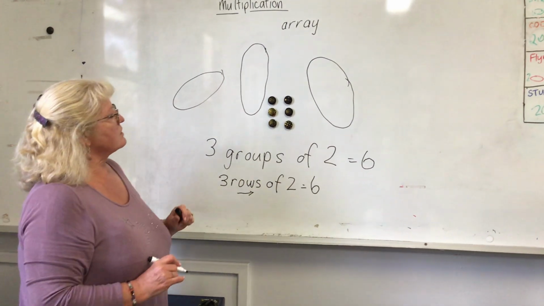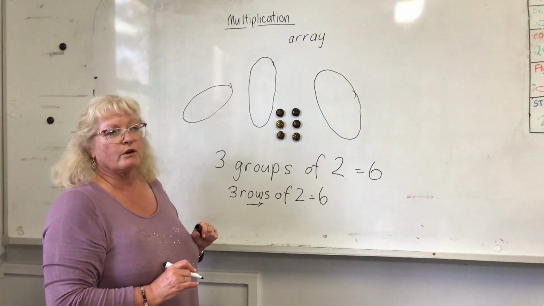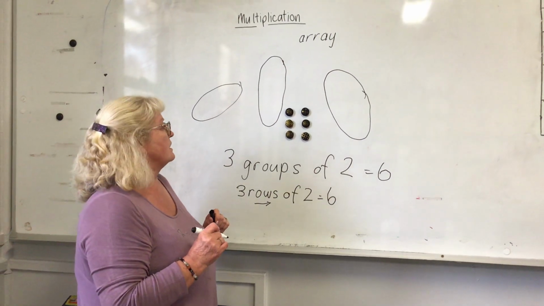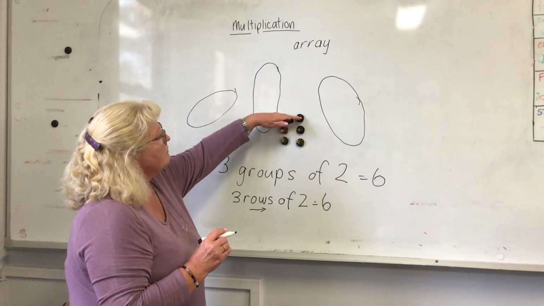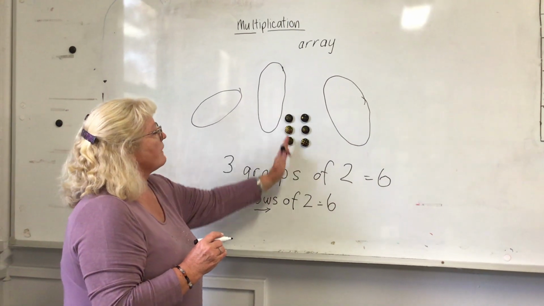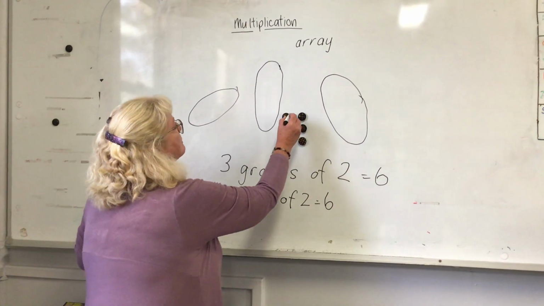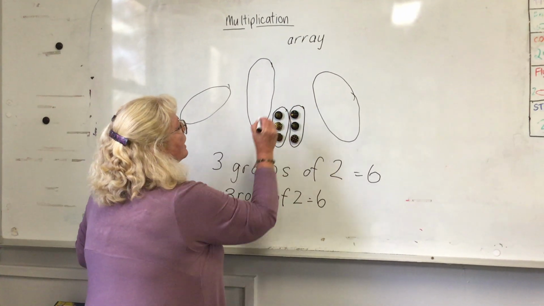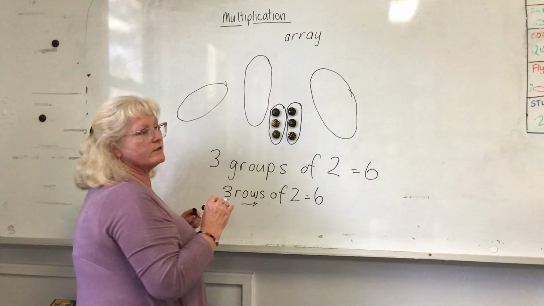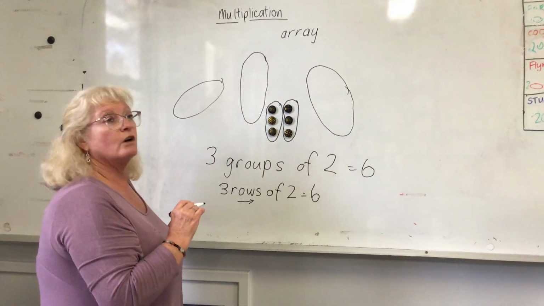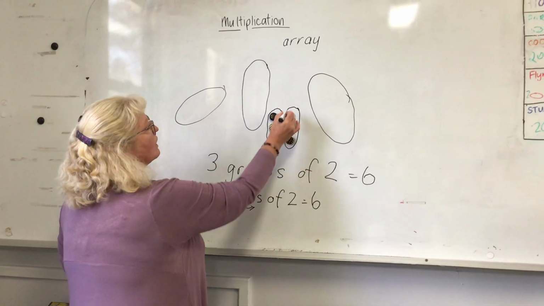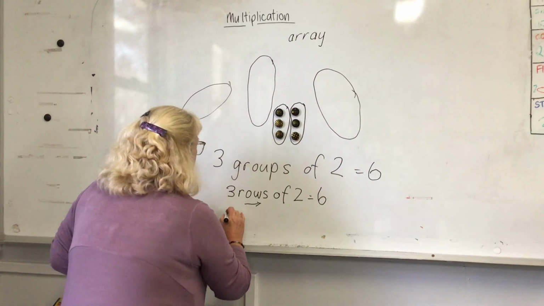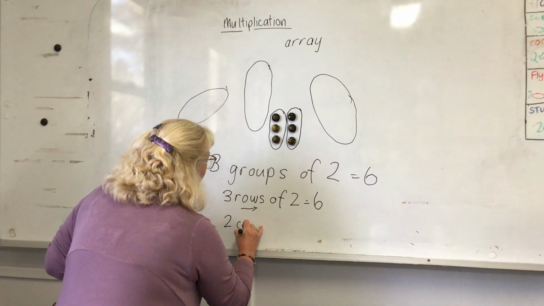And they're in rows. My rows go across the board or across your page. Now because I've arranged them like that, I can also make them into groups another way, which is really easy to see. I can look at them, and instead of looking across, I'm going to look at them going vertically. So there's one group, there's my other group. And I call these, the ones that go up and down, columns. So how many columns have I got? 1, 2. So I've got 2 columns